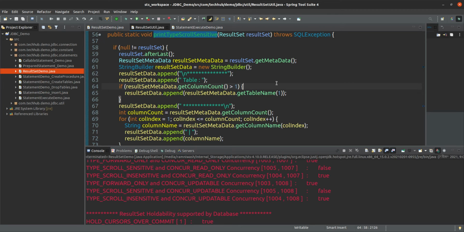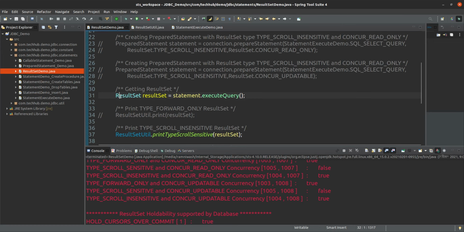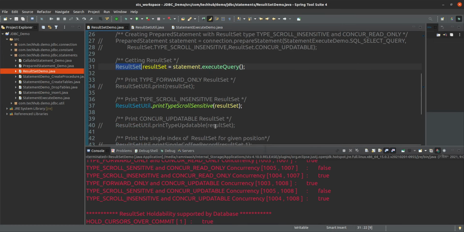Whatever order you want, in that order you can traverse it. But currently our result set is a type forward only, so you definitely cannot do that.